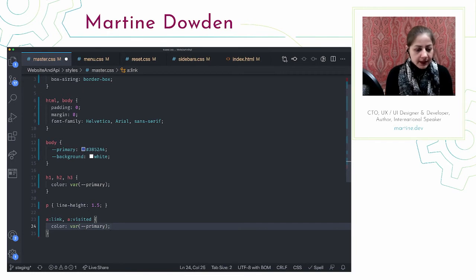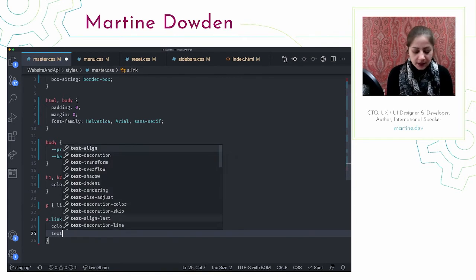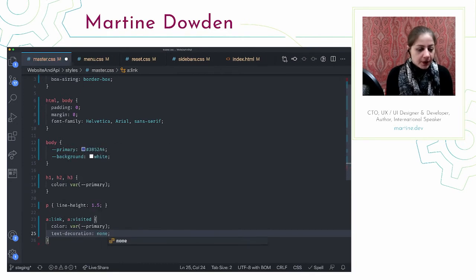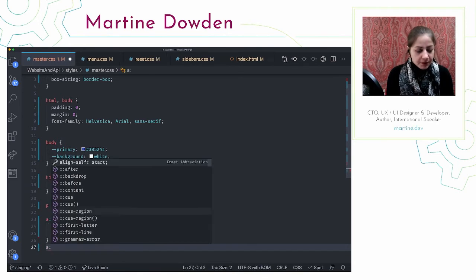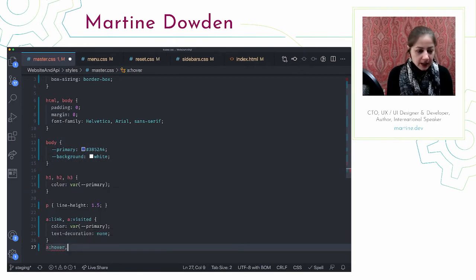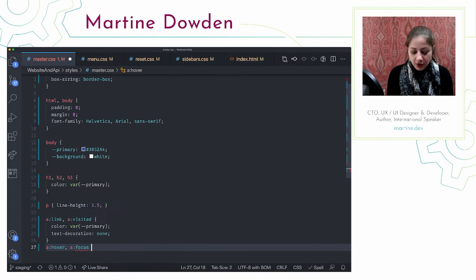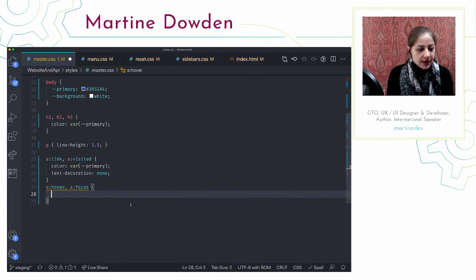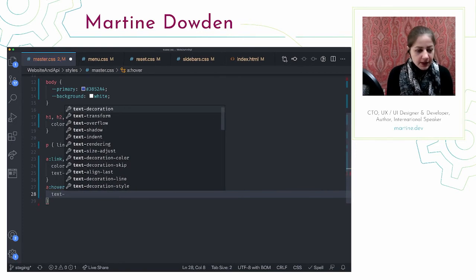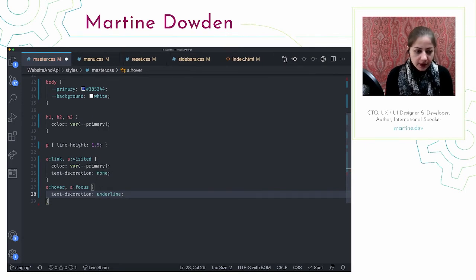And I'm going to go ahead and remove the underline when we're just in the middle of text. So I'm going to say text decoration none. But what I want to do is reinstate that on hover and on focus. And focus is really important because that means that when a user tabs to it using a keyboard, they're going to get the same effect as if they were hovering on it with a mouse, which is incredibly important for assistive technologies. So we're going to say when you hover or focus, I want that text decoration to be back. So we're going to go ahead and do that underline.